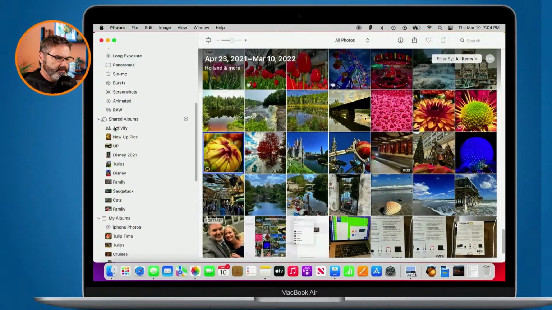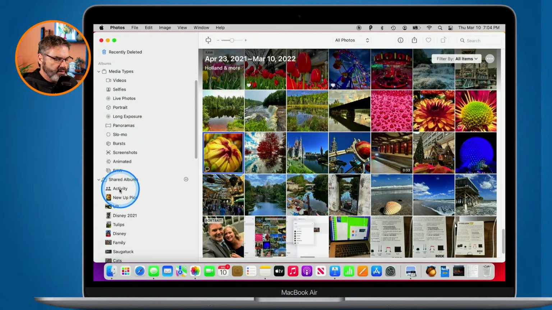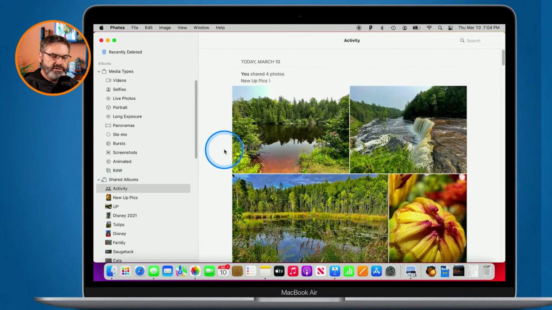On the Mac, you're going to go to Activity. So it's a little bit different on the Mac. So I go to Activity here, and then you're going to see all of the photos. So it works a little bit different on the Mac. On the iPad and the iPhone, it's called For You. On the Mac, it's called Activity. Now, as